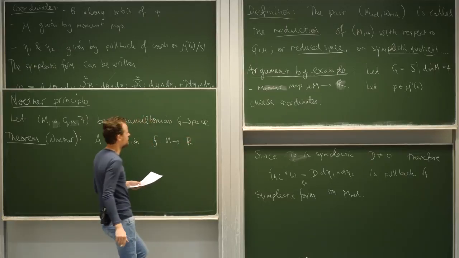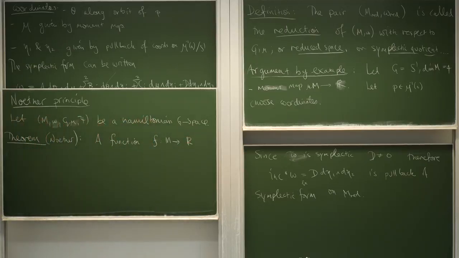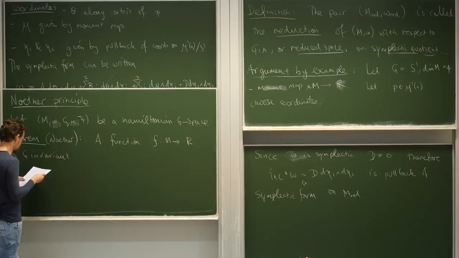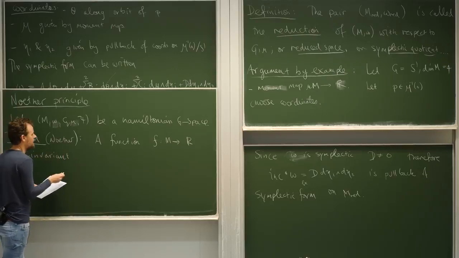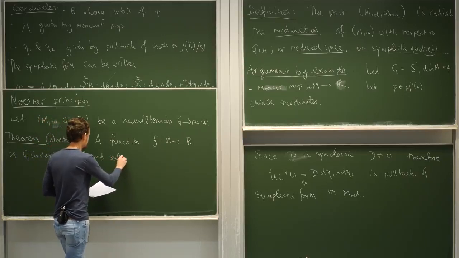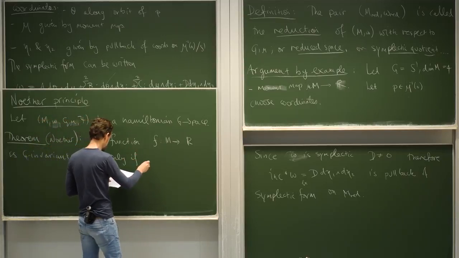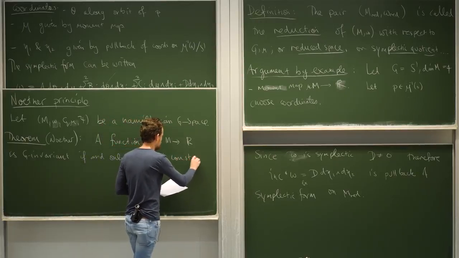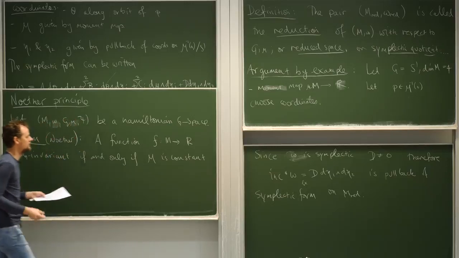so if you have some function on phase space, M is phase space, so it's an observable, first of all. If it's G invariant, so if it's symmetric, then it is so if and only if the moment map is constant